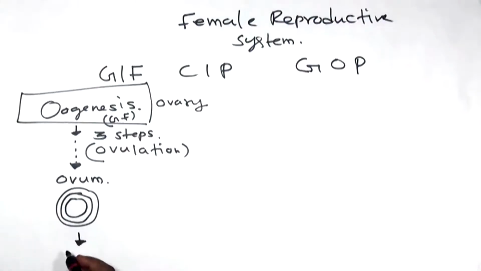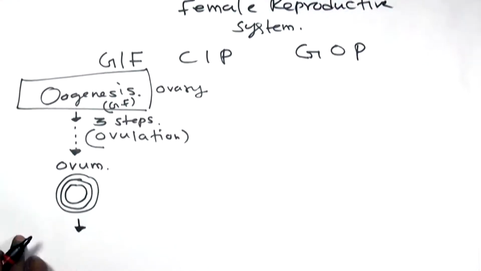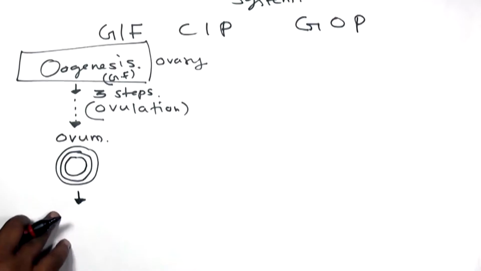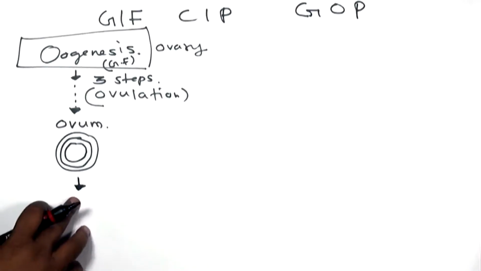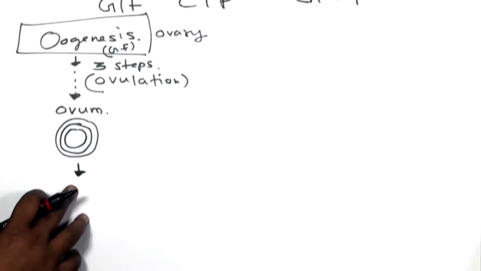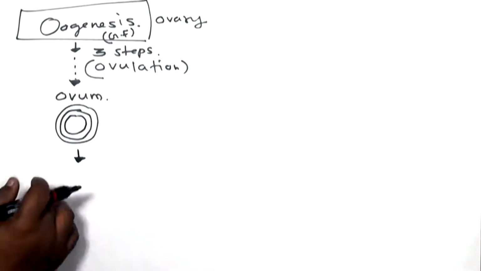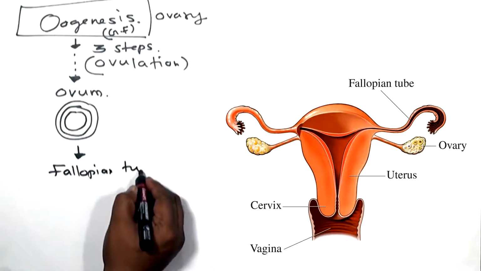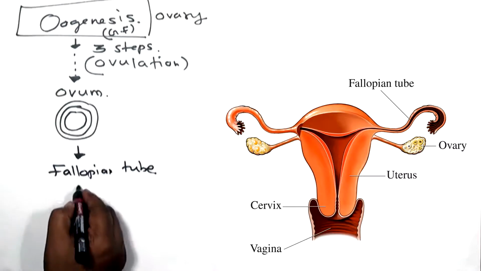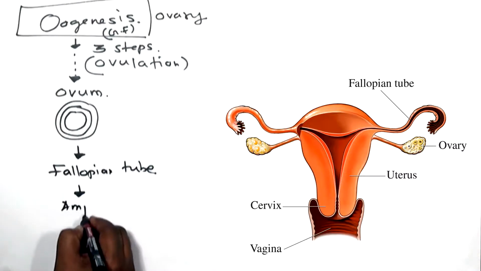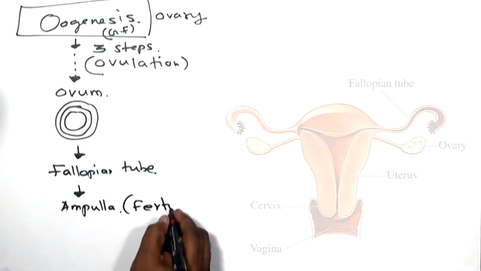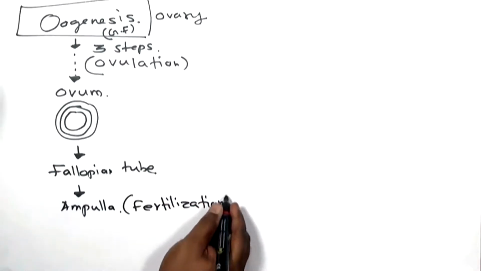be moving through an important duct. As we previously gave an idea in the male how it happens: in the male we said there are different ducts like vasa recta testis, vasa efferentia, then epididymis, and then vas deferens. Like that, here also the fallopian tube is there. Using the fallopian tube, it will start to move and finally reach the ampulla of the fallopian tube. In that ampulla, they try to reach and get fertilized. Fertilization takes place at the ampulla.